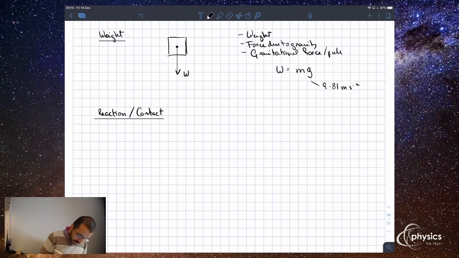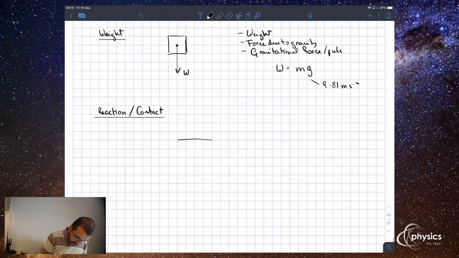So, how are we going to draw the reaction force? Therefore, if you have the ground, for example, and you have an object, so the forces on the object are the weight directly downwards. The reaction force is always drawn